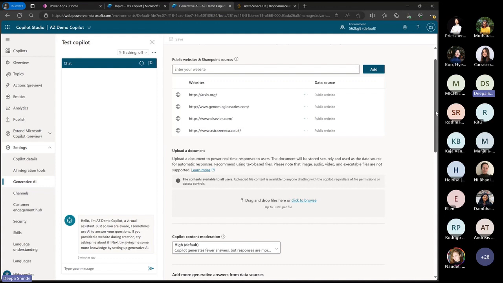But let's say the user asks something for which there's no topic match, there's no topic at all. Then what Copilot Studio does is it uses something called conversational boosting, which means it uses an LLM or generative AI in the backend to get data from any of these sites that you have given it, either these sites or a SharePoint site, or a document that you have uploaded.